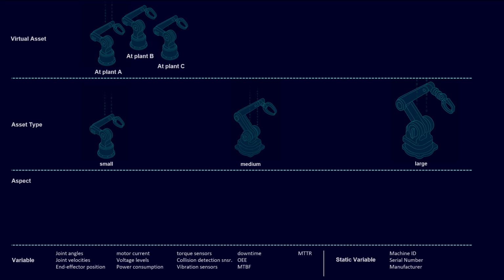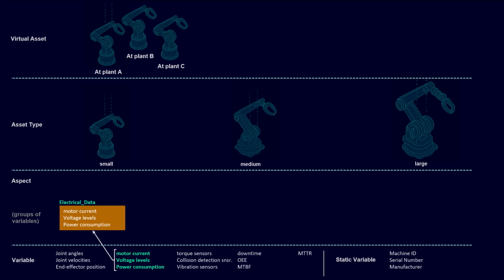Now imagine you are responsible for the robot's electrical components and need to explore or monitor its electrical data. When designing the data model, you would group all relevant electrical data into an electrical data aspect. This is just one example. Variables can be categorized and grouped differently based on your specific requirements.